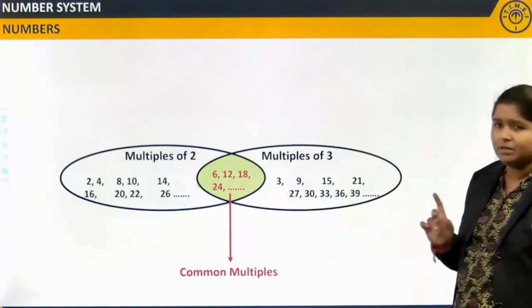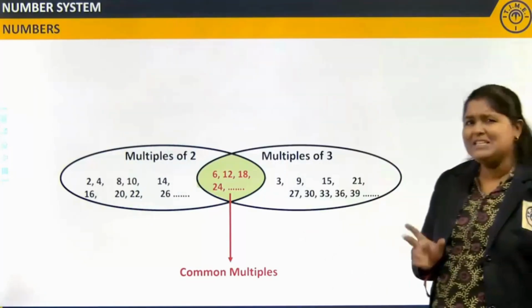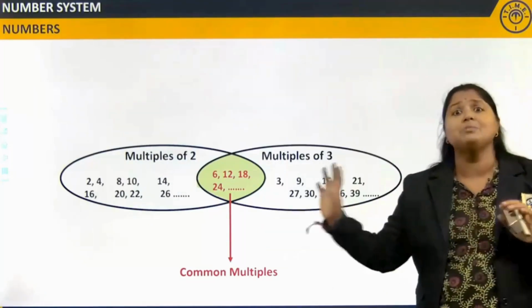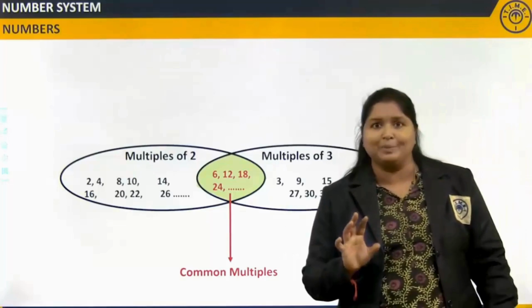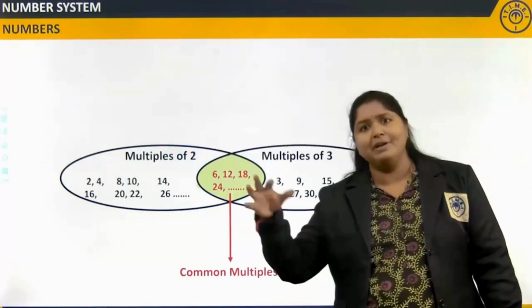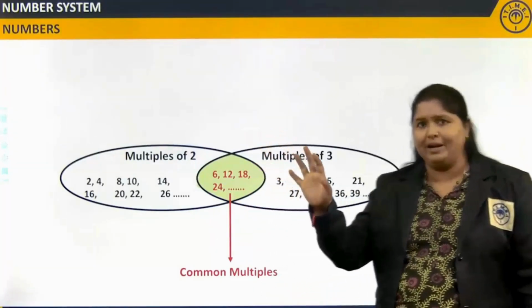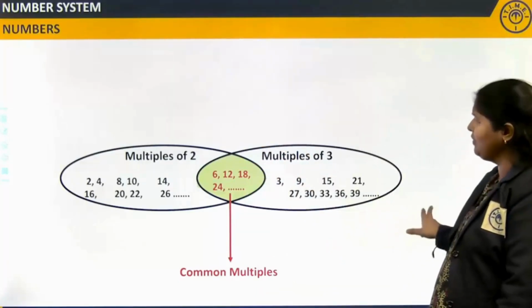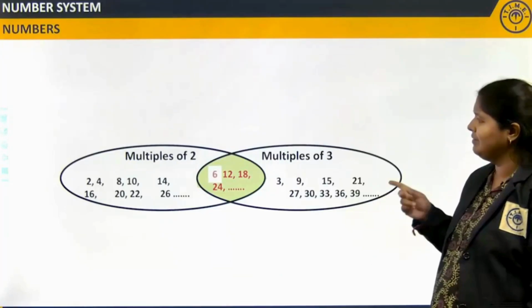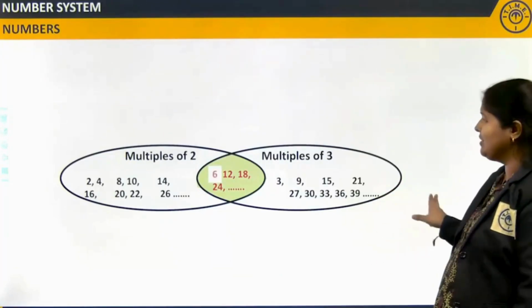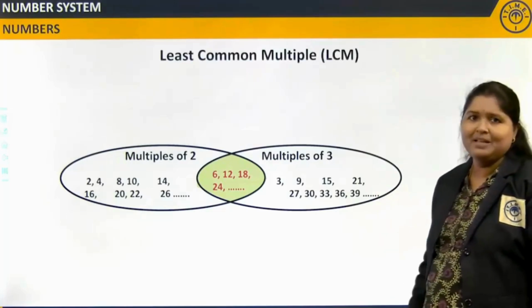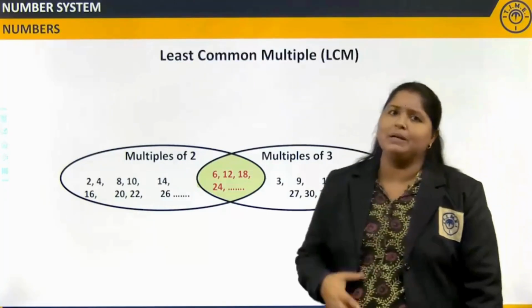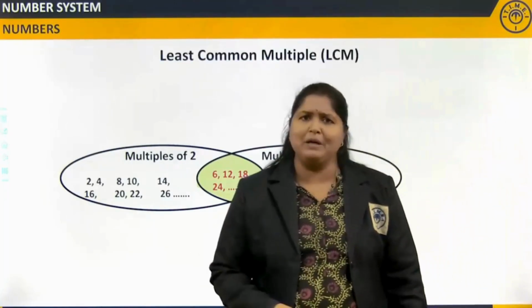Now, if you take a closer look, which is the smallest? It is not possible to find the biggest, greatest multiple because it goes on forever, infinity. We can't find it, right? But you can find the least common multiple. What do you think is the least common multiple here? 6, right? So, 6 is nothing but the LCM. Some people call it lowest common multiple or some people say least common multiple. Both of them are